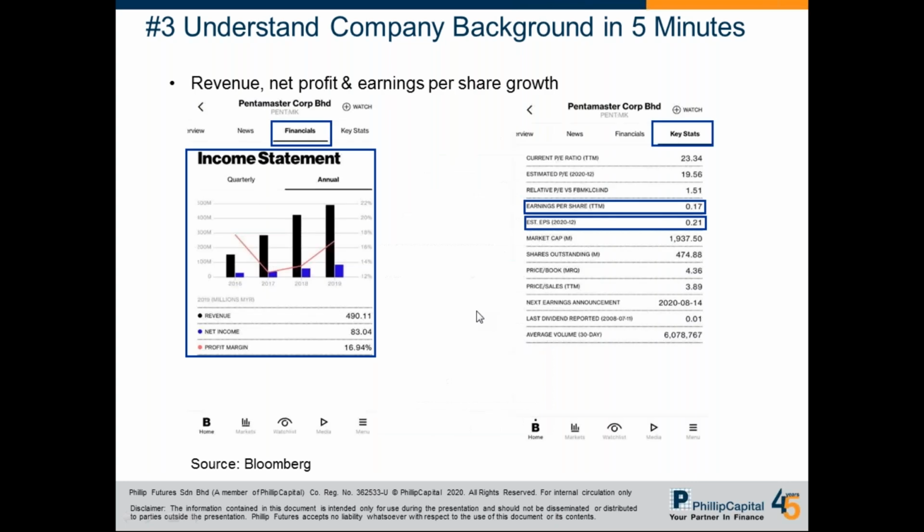Okay, next, we look at revenue and net profit growth. So you just scroll right, you go to financials. You should be able to see financials. Okay, so under this is overview, you go right, financials here. From here, it summarized, you go to annual. There is quarterly and there is annually. So you click annually. You click here, it tells you 4 years. The black one refers to the revenue and the blue one refers to the profit.